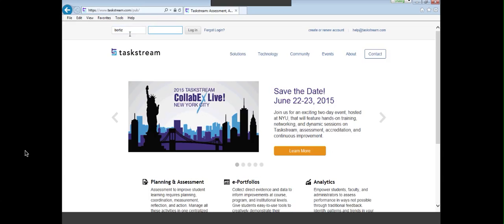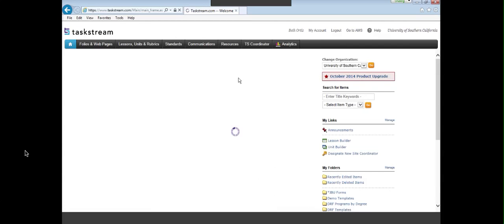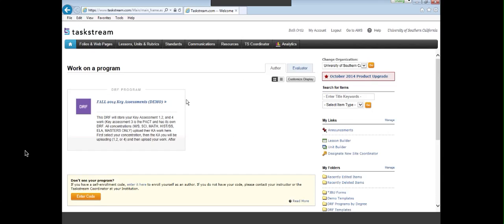So the first thing I'm going to do here is log into my account, and I'm going to start from the student perspective. When they log in, they're going to see a very similar homepage to what all of our subscribers see. We always have this navigation bar going along the top, which takes you to the different tools and areas within Taskstream. But the main part of the student homepage is dedicated to programs that they're enrolled in